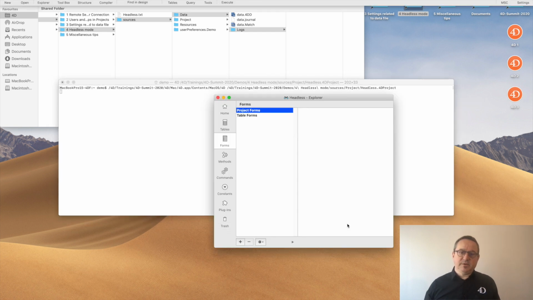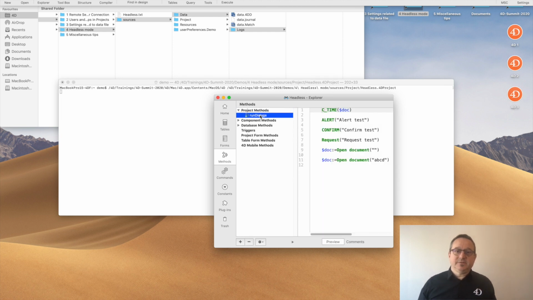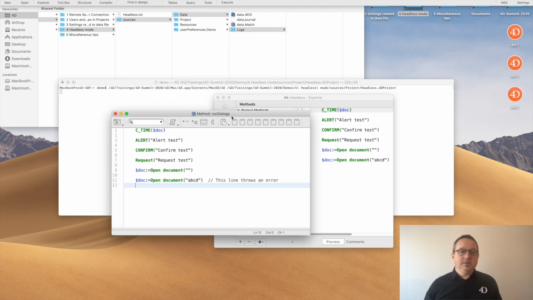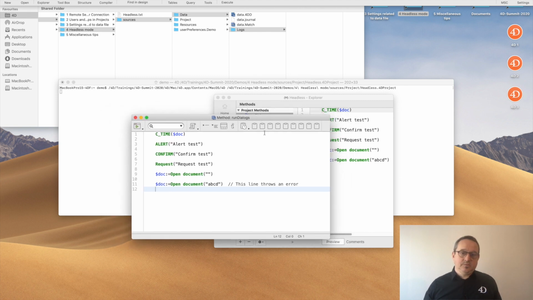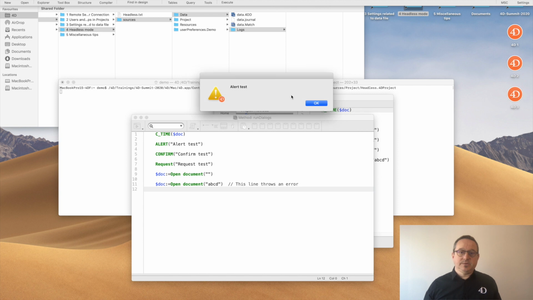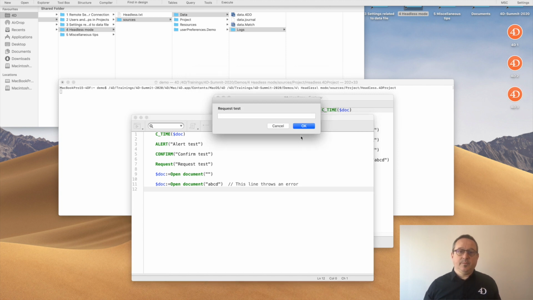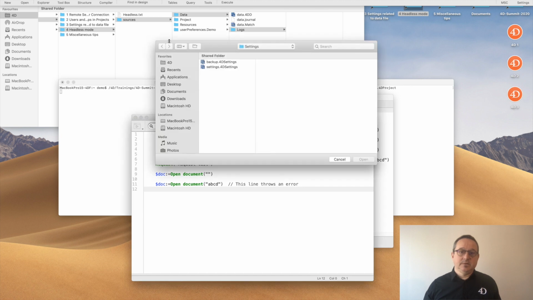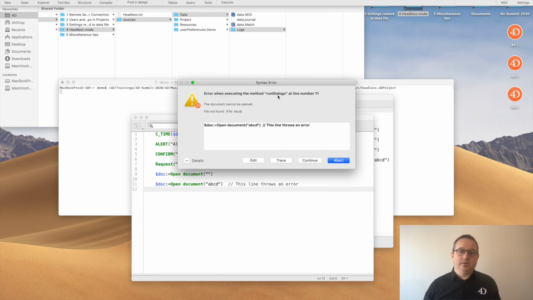So my database is loaded. It's very simple. I have only one method with many dialogues which will be displayed. So if I run my method, I see alert, confirm, request, opening file, and an error dialog.